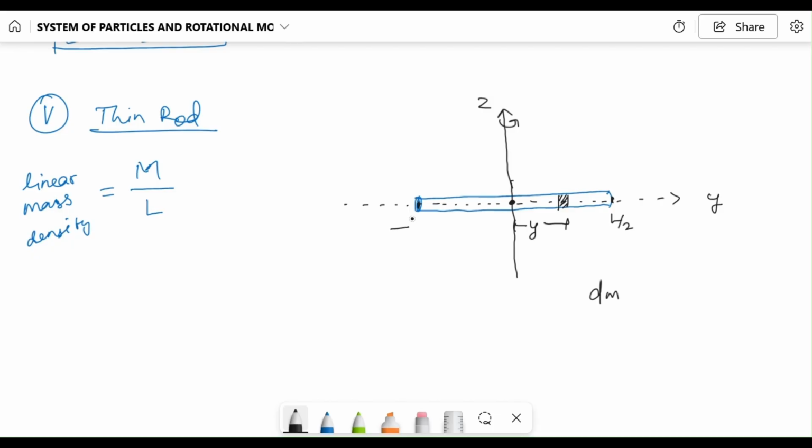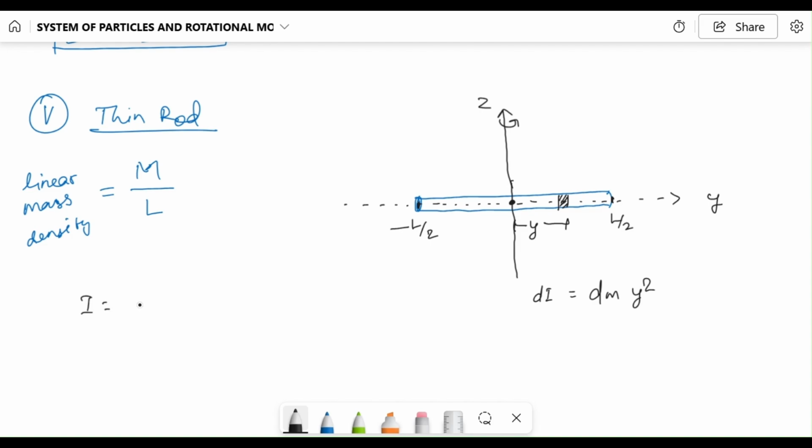So, here the length will be, not length actually, this point, this coordinate will be minus L by 2. So now we can continue. We can do one thing here. The small moment of inertia of this element about this axis will be dm y square. So if we want what is the moment of inertia of the entire rod about that axis, we can write